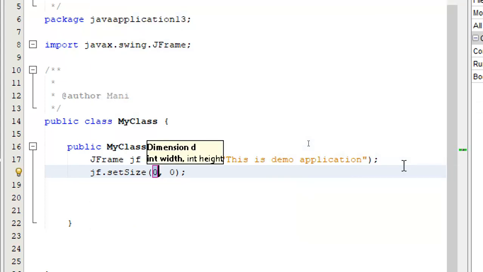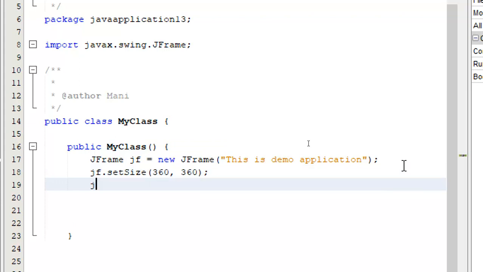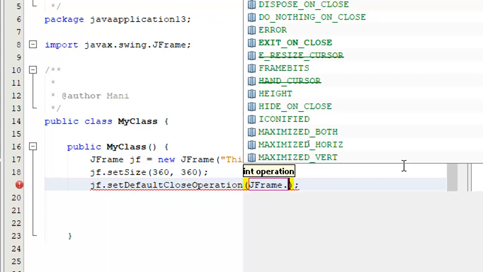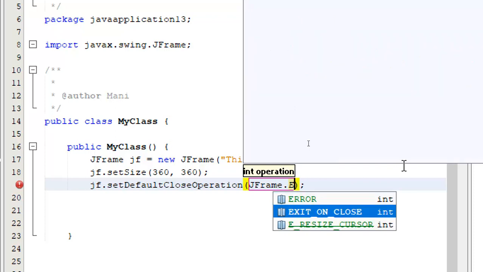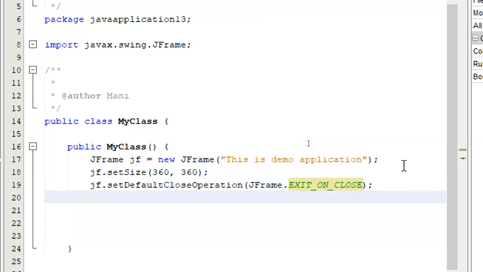You need to do this whether it's a simple demo or whether it is something else. There are a few things that I'm supposed to do. Then the other part I'm going to do is jf.setDefaultCloseOperation. I'll talk about JFrame later. As of now I'm just doing it for housekeeping work. First one, whenever you create something, you need to set the size of it. I'll show you what I'm trying to do slightly later.